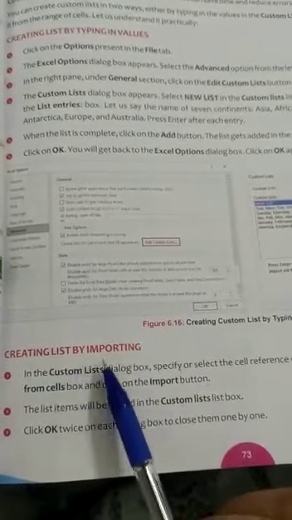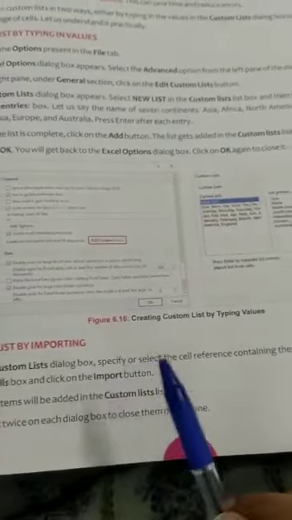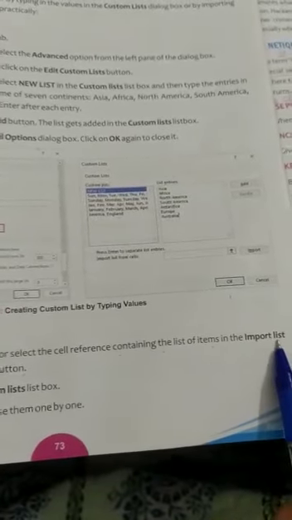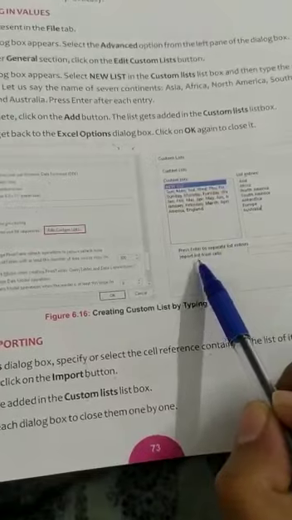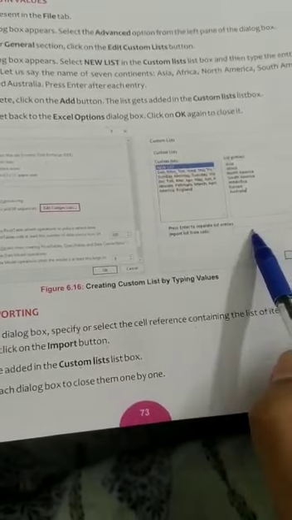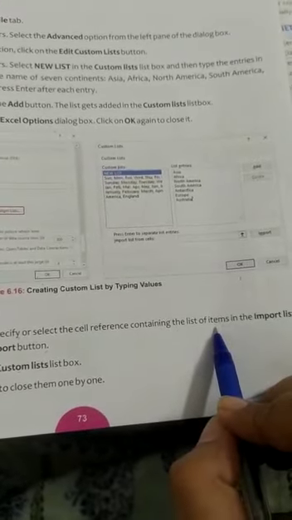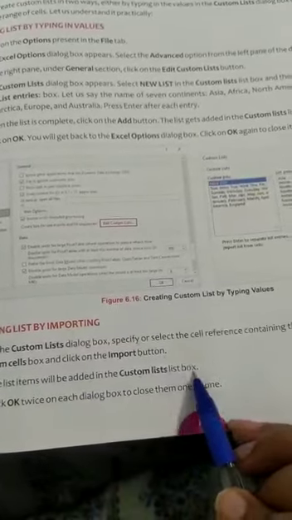Next is creating list by importing the values. In custom list dialog box, specify or select the cell reference containing the list of items in the import list from cells box and click on the import button. List items will be added in the custom list box.